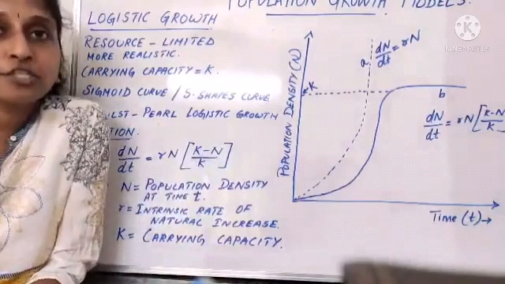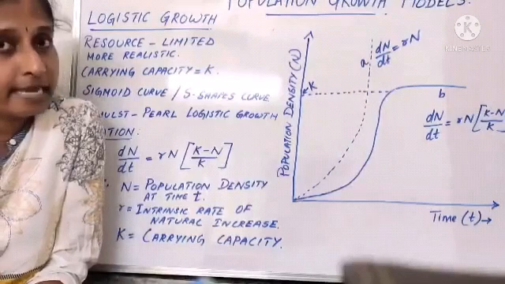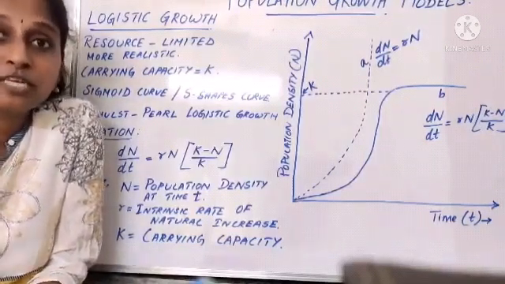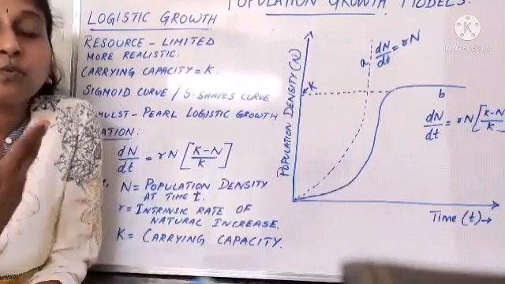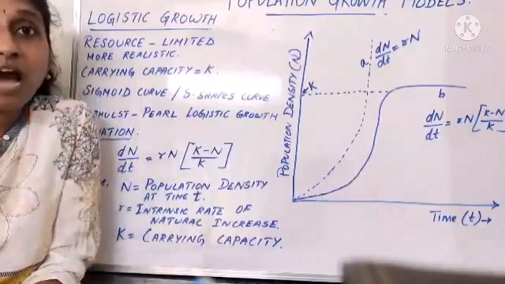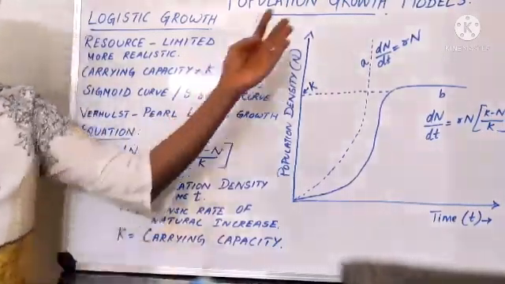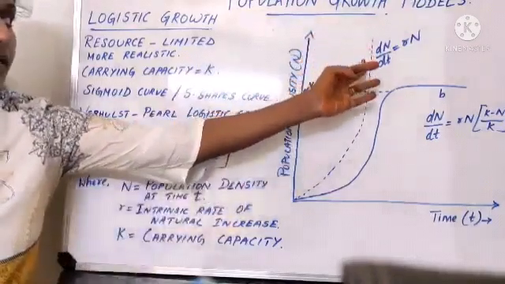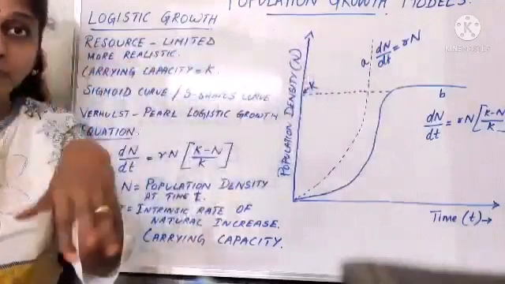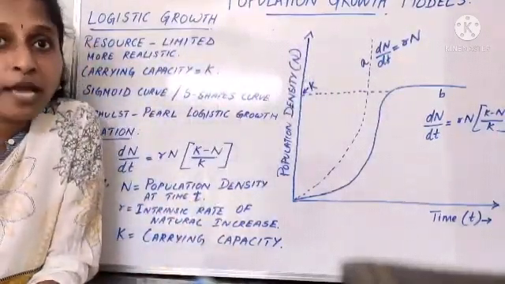So in your examination, you will be asked what are the two different growth models. In that case, you have to answer. Thereafter, what is the equation representing exponential growth curve? What is the equation representing logistic growth curve? What does r stand for? Like that, you will have things, and this graph will be given. Write the equation for A, write the equation for B. What is K representing? Define K. Like that, some questions will be coming, and you should be in a position to answer.